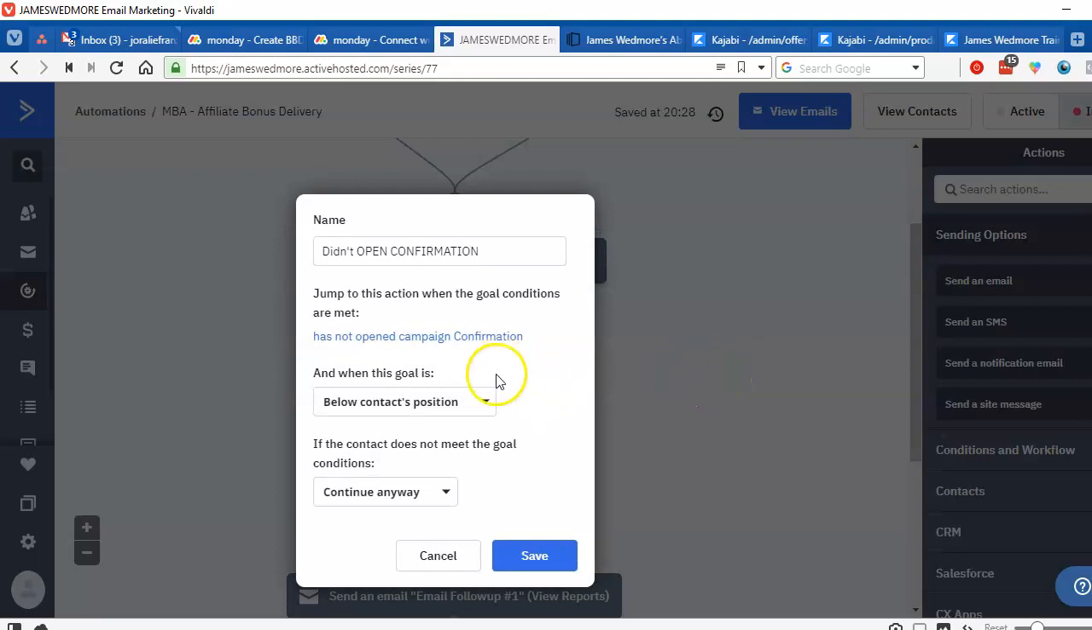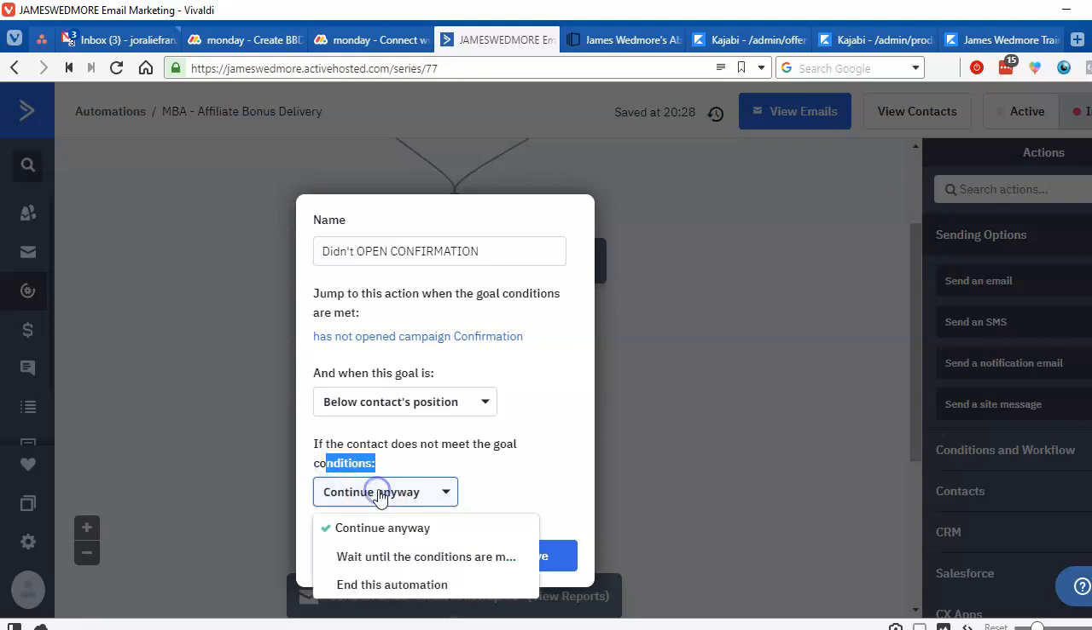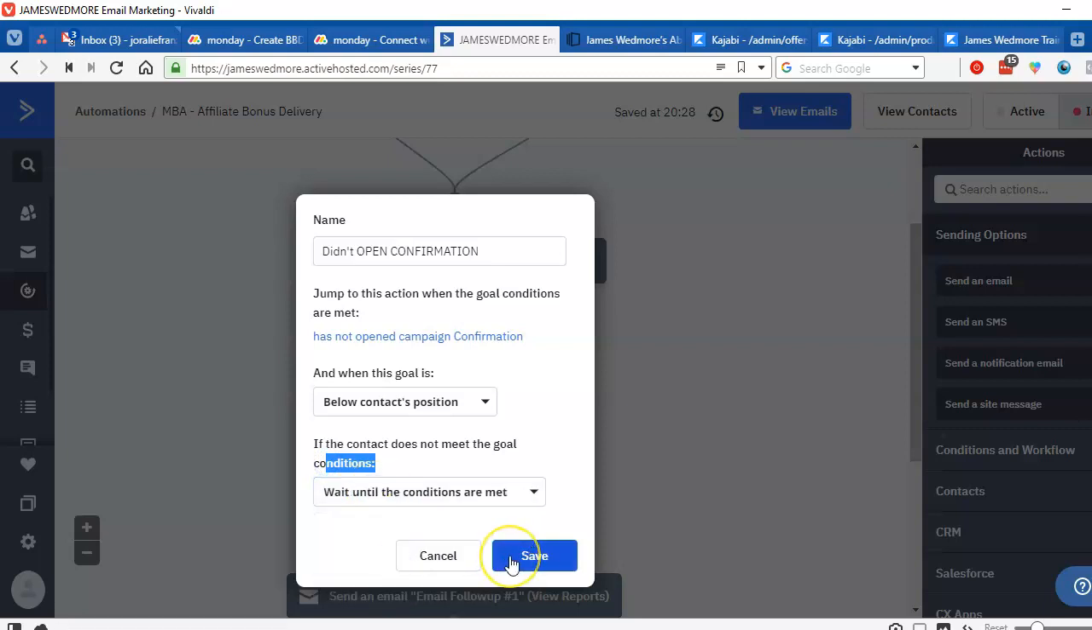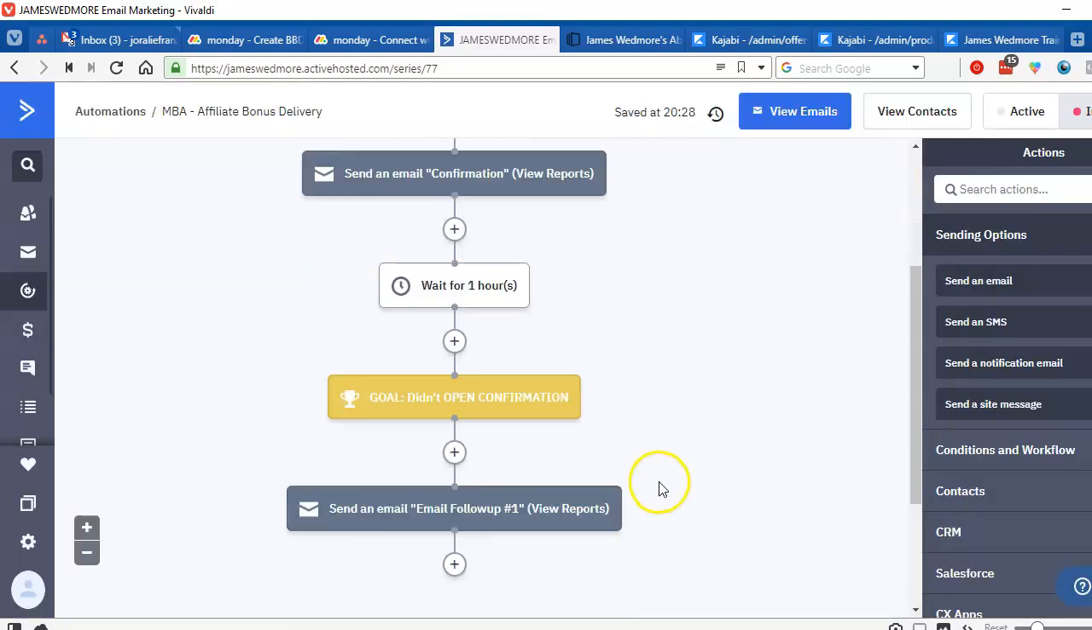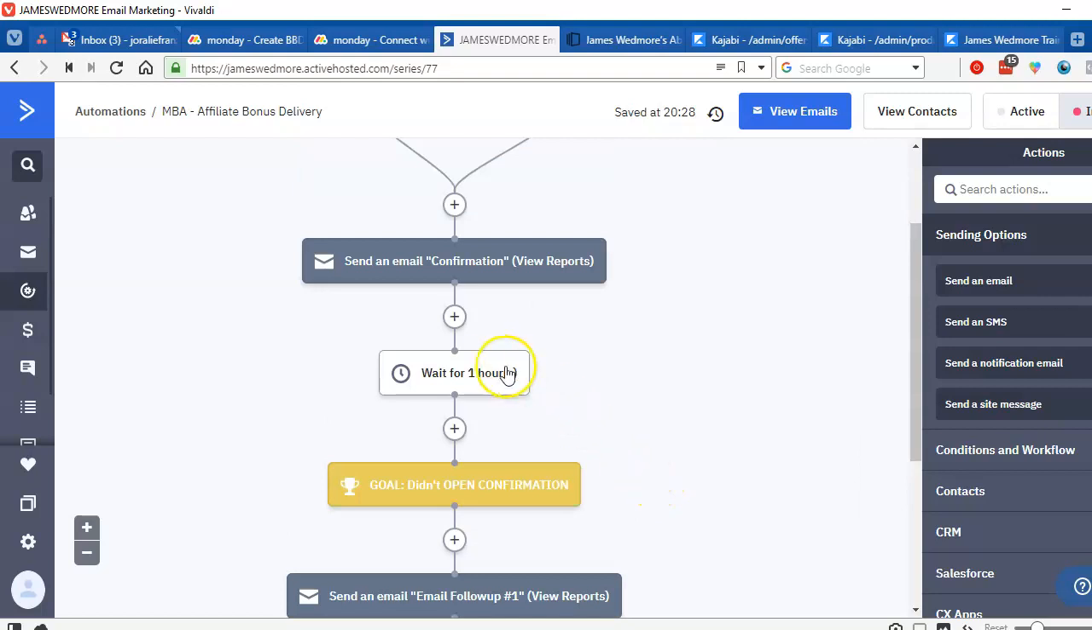So that is the goal. Here, if the contact doesn't meet the condition, what will happen? So we will wait until the conditions are met. Okay, so we will save that and then click save, and there you have it. So now, what will happen? So after 1 hour,